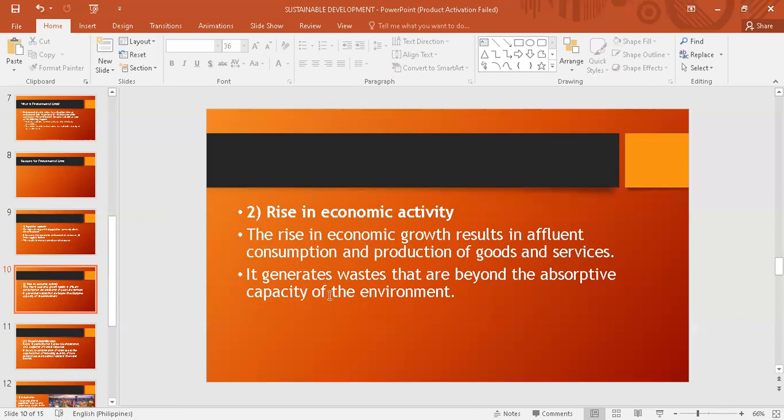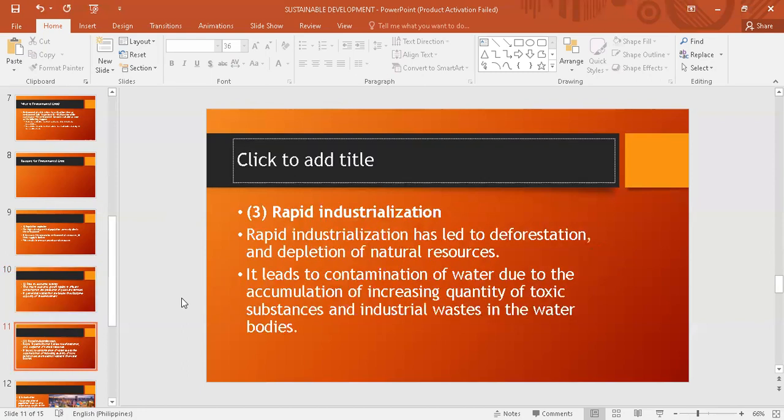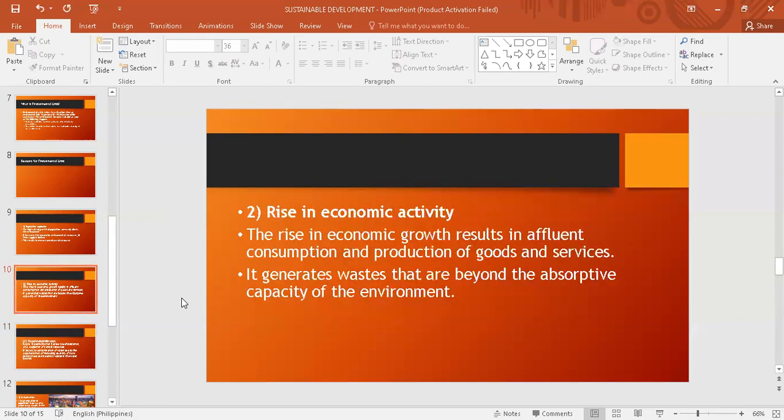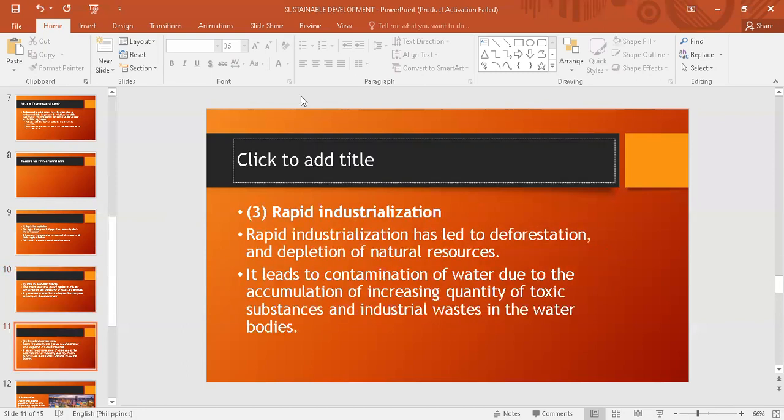Okay? It generates waste that are beyond the absorptive capacity of the environment. See? Hindi na niya kaya. Kaya yung population growth at saka yung increase of economic activity, it also leads to economic crisis. What else? Yung rapid industrialization. So dito sa rapid industrialization,